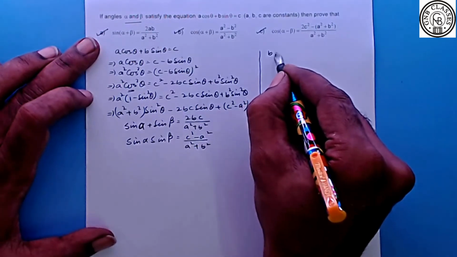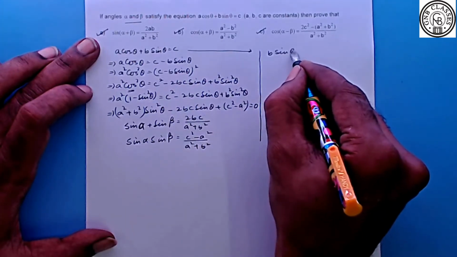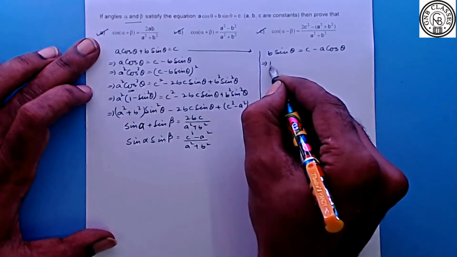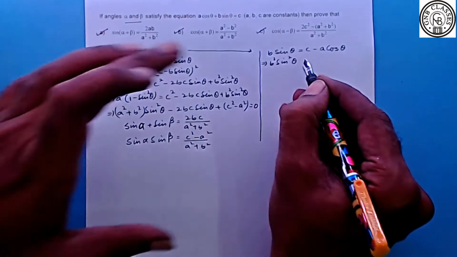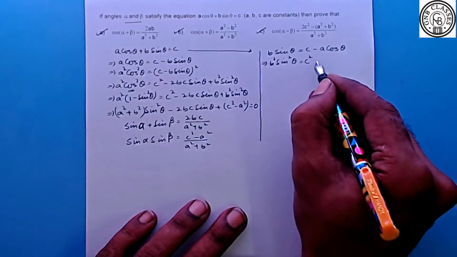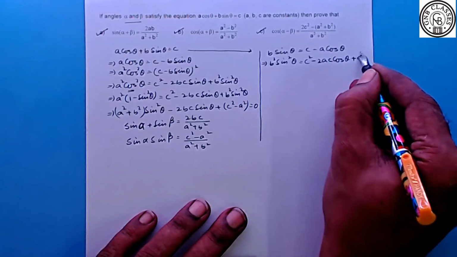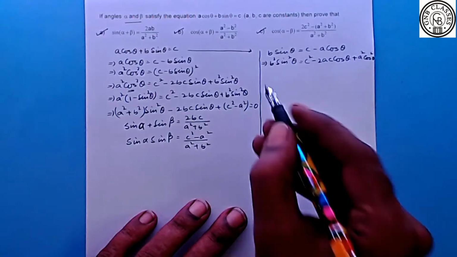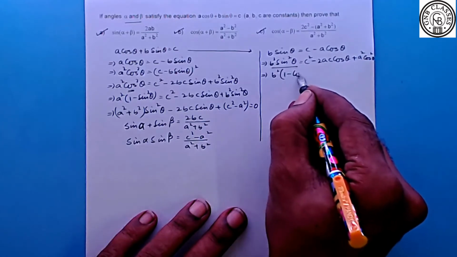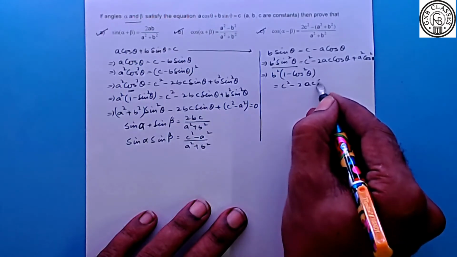That is, now in this case we will keep this equation. What I will do, I will keep b sin theta on the left hand side and a cos theta on the right hand side. And now let me square both sides. So we are having what? c square minus 2 after squaring, plus a square cos square theta. Okay? Now again, b square sin square theta, I am writing it as b square into 1 minus cos square theta, and let the right hand side be as it is.